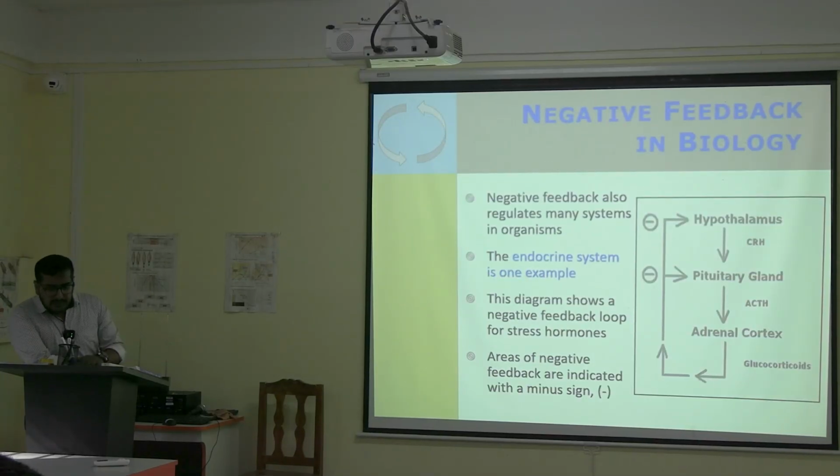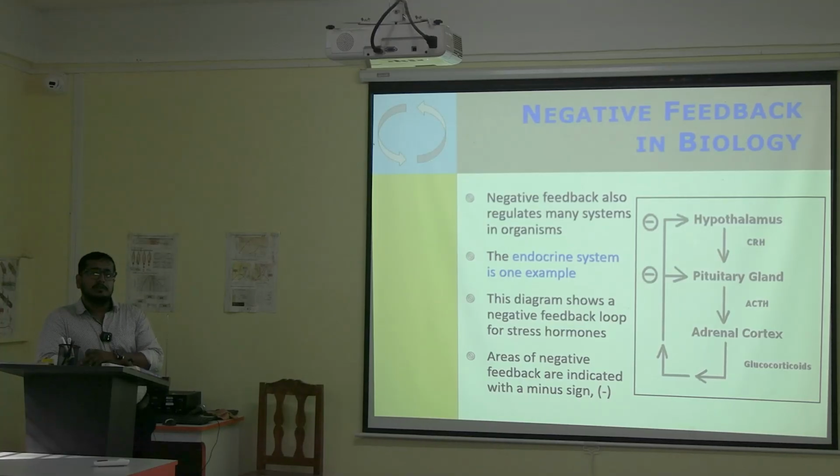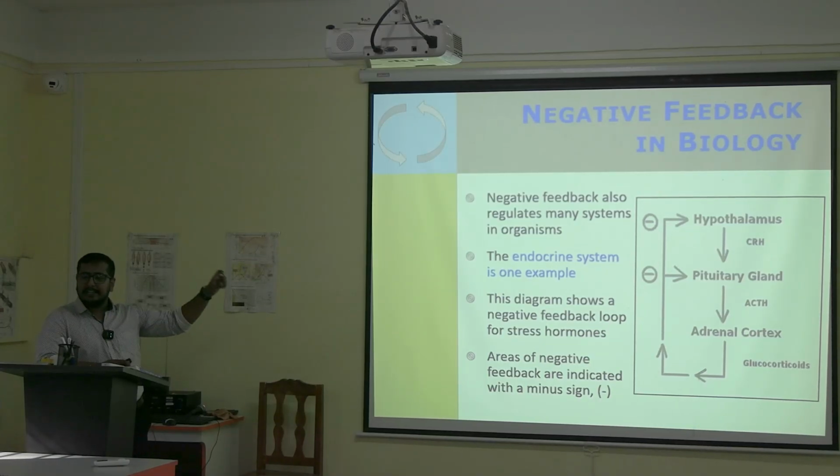Now, let's go to some of the internal environment, and you will find most of the feedback in the endocrine system. So it basically acts by the hypothalamus, pituitary and adrenal axis. We call it the HPA axis. It's very important and you will have to study it throughout your MBBS course.